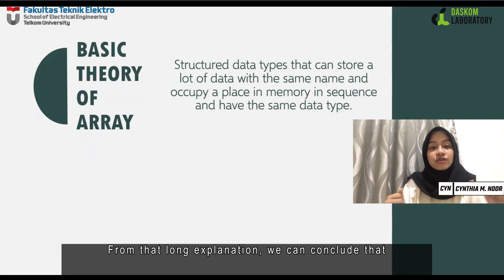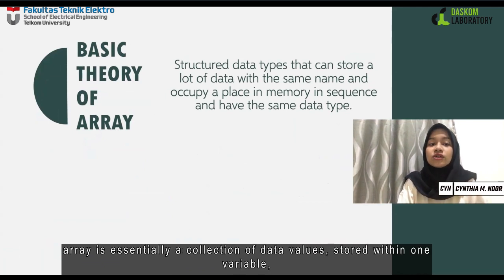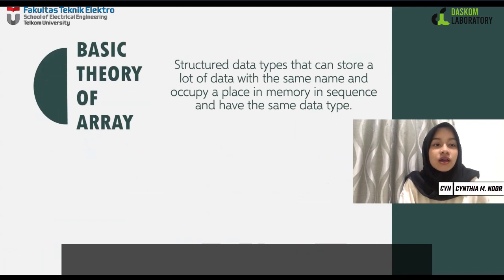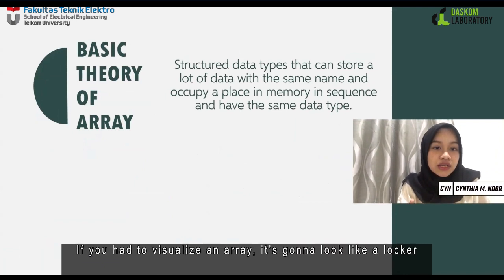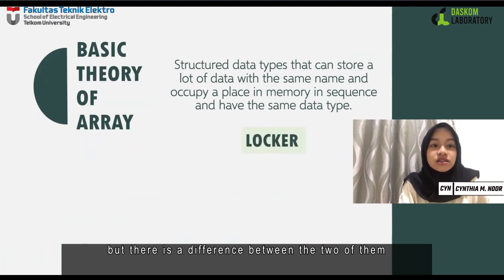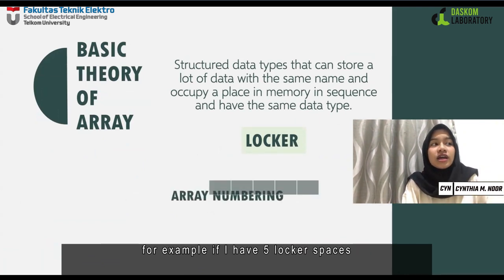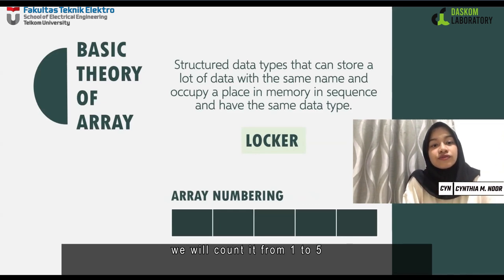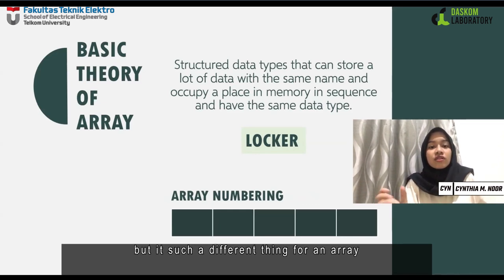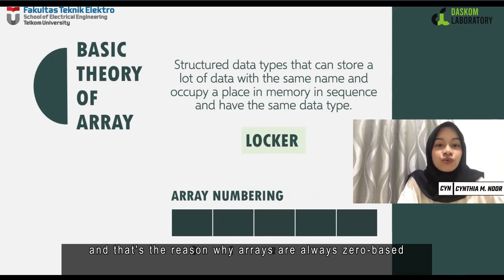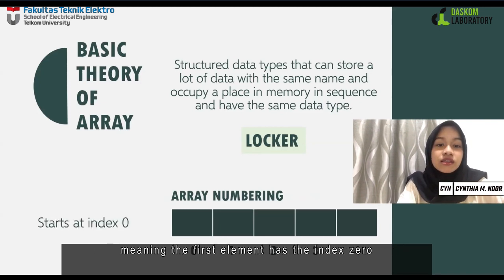From that long explanation, we can conclude that array is essentially a collection of data values stored within one variable, or we could say that we can store multiple things in one variable. If you had to visualize an array, it's gonna look like a locker, but there is a difference between the two of them. As we know, locker numbering always starts at 1, right? For example, if I have 5 locker spaces, we will count from 1 to 5, but it's a different thing for an array. Array numbering must start at 0, and that's the reason why arrays are always 0-based,